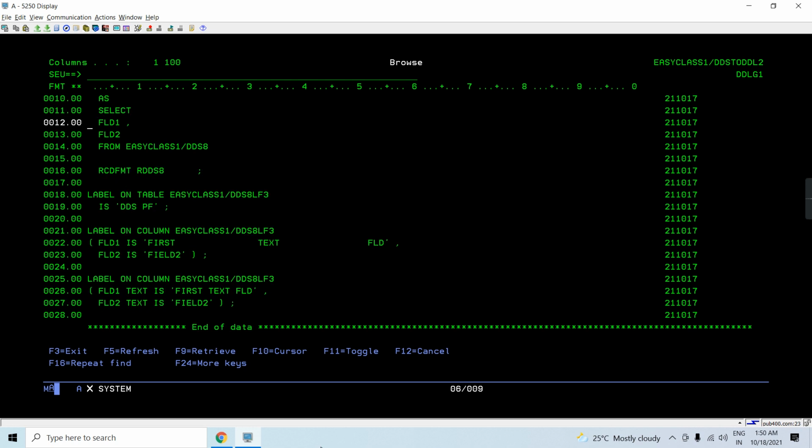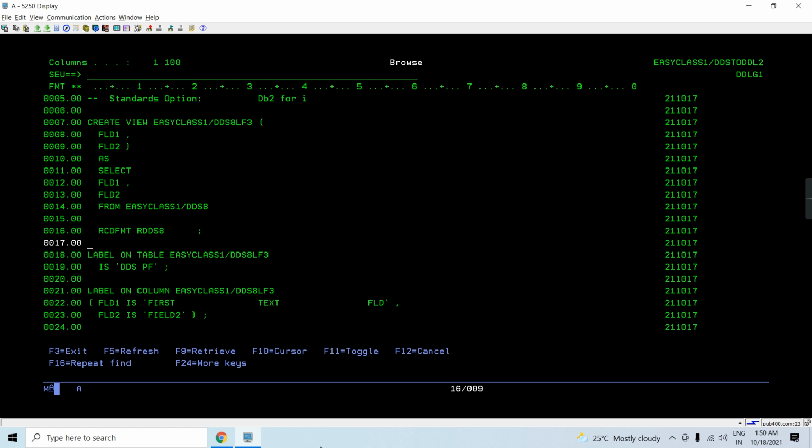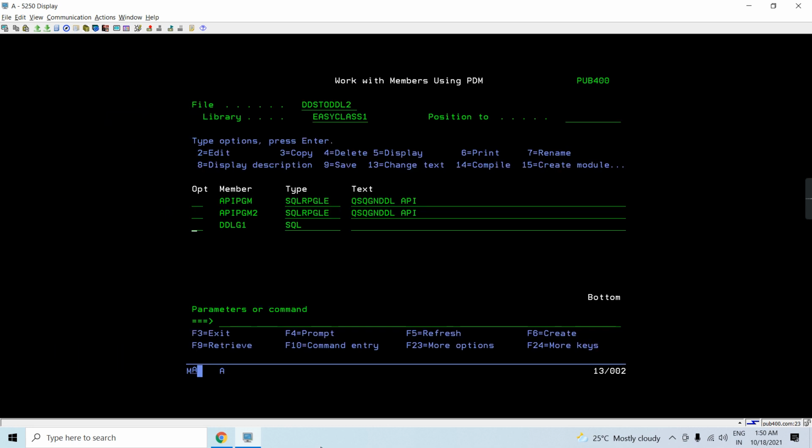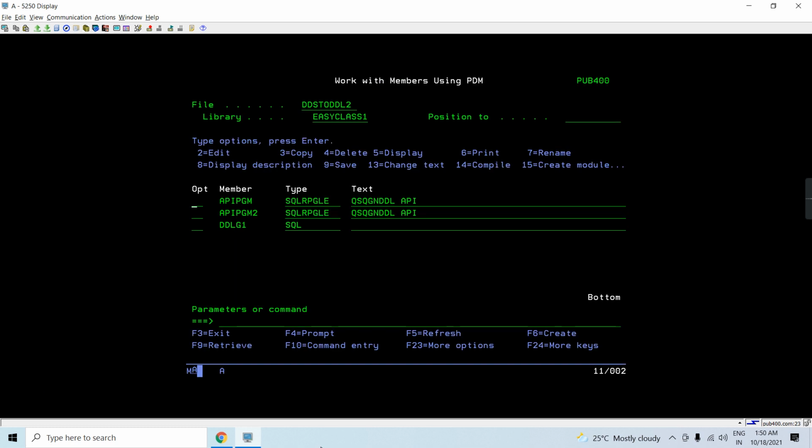So you can see now it's clear. So you have generated a new source member, and all the existing things, that is the create index or views earlier, was clear basically. So this way you can use this QSQGNDDL API to generate your DDL source using the objects of file type, whether it's a PF and LF, or even it's a DDL. Let me take an example of the DDL as well.